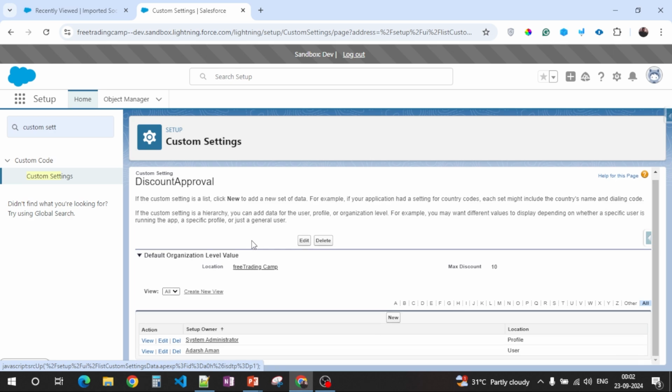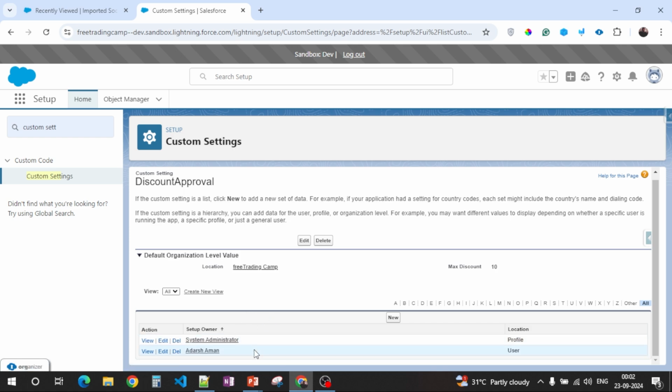Okay, so it is kind of similar to what we saw on the list custom settings, but instead of the name field, we have a location field, which could be either profile or user. And also in addition to that, we have the org wide default kind of discount, right? So you cannot create a system admin profile again with some different value because that does not make sense. You cannot give a profile two different kinds of discount, right? So you can only edit it or you can delete it. You cannot create another one with the same profile.